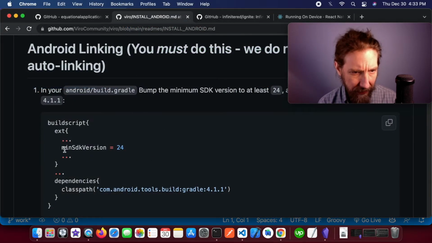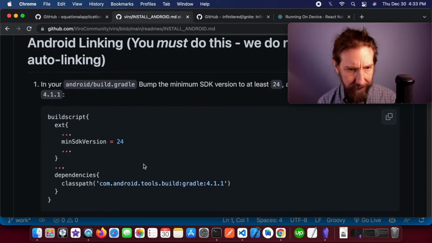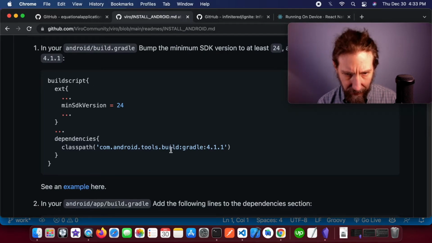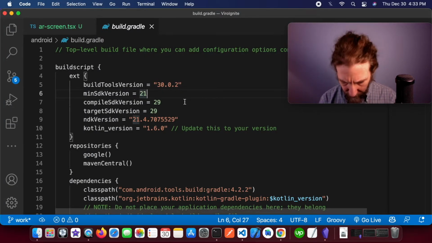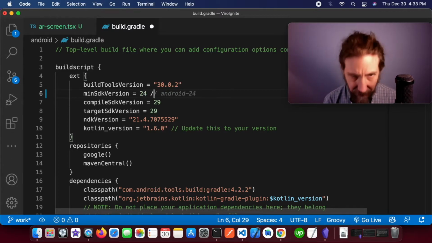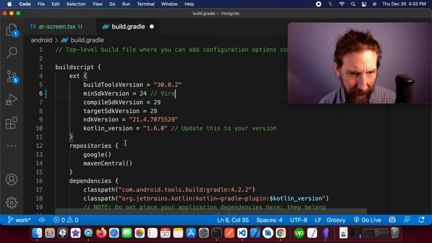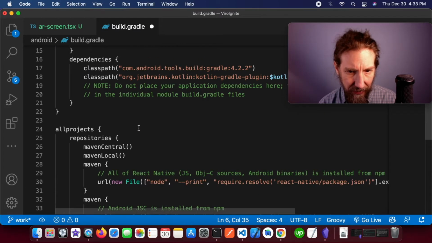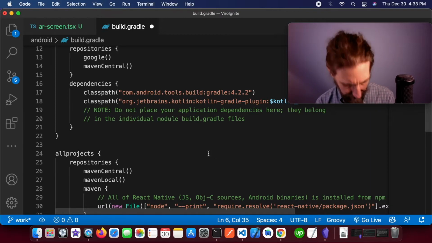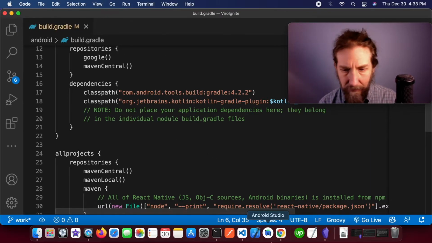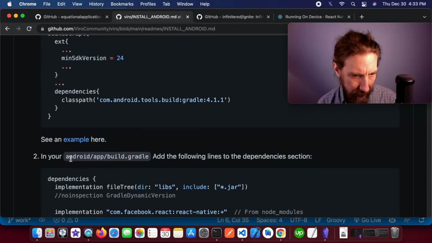Next, I want to make sure that the Min SDK version is at least 24 and that the build Gradle here is at least 4.1.1. I will need to change that to 24. And then I just want to check this version. It's already greater than 4.1.1, so I'm good to go there. I can save this. Next step is to open